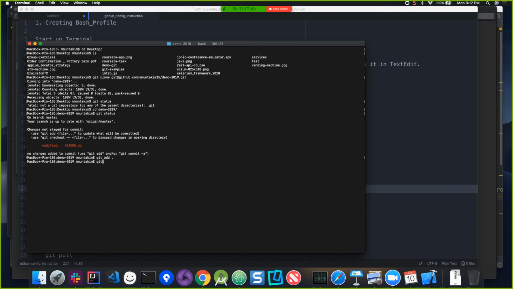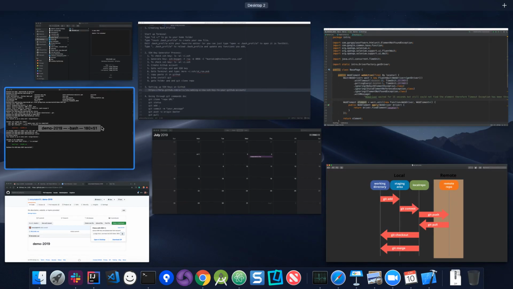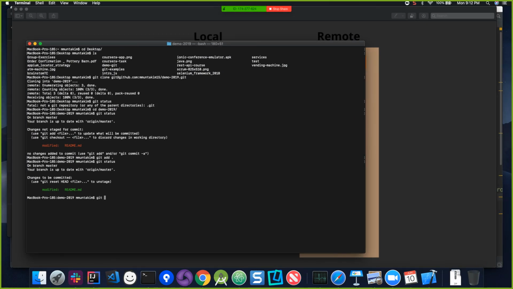And now if you run git status again, it's at a staging stage. So if we go back to our image, we did the git add, and now we are at a staging area. But we have not committed anything. Now we say git commit -m, and you give some message. What are you committing here? So we say